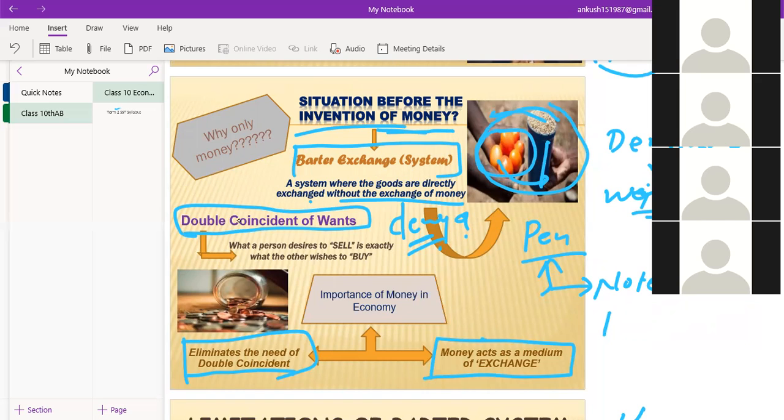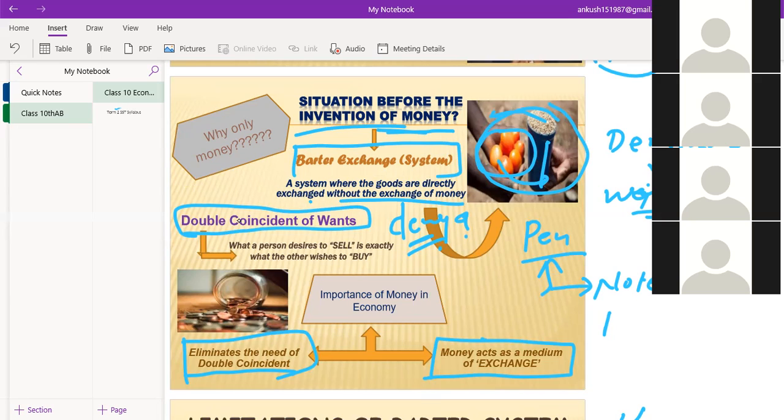But before the invention of coins and other things used as money, there was a barter system, called the barter exchange system, where exchange would have taken place only